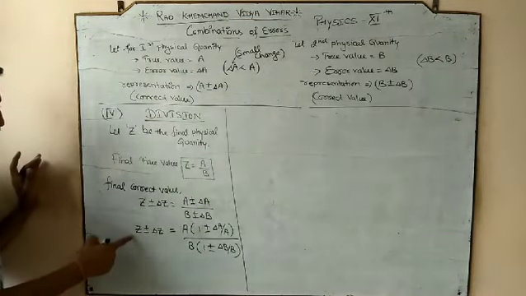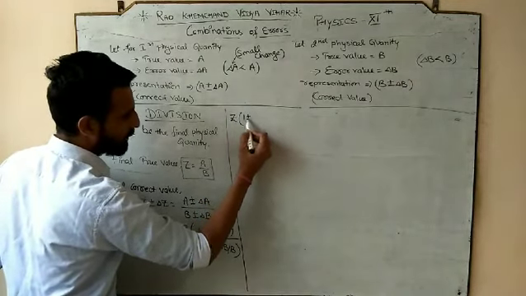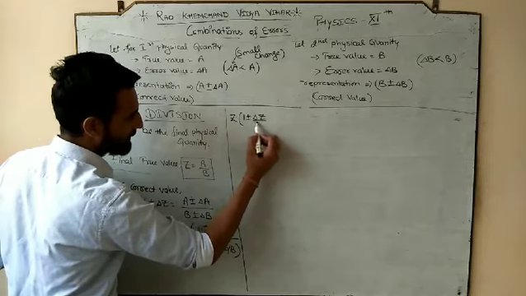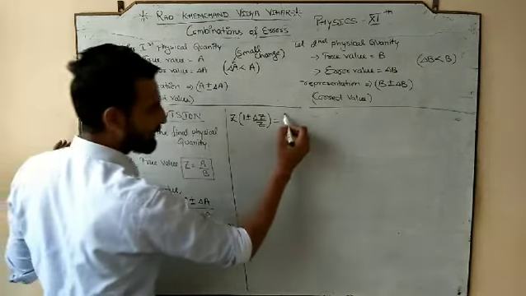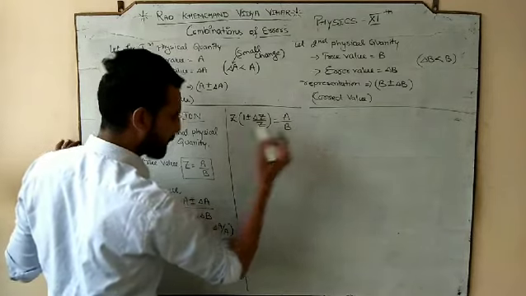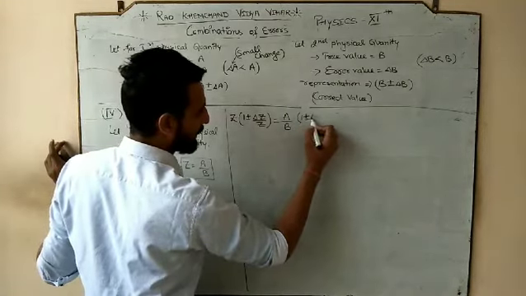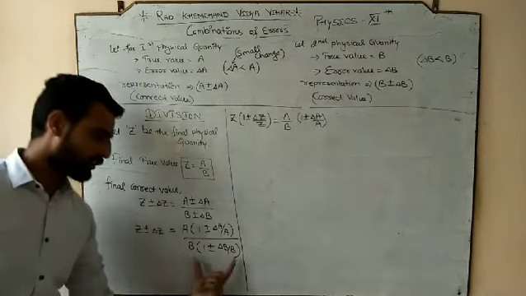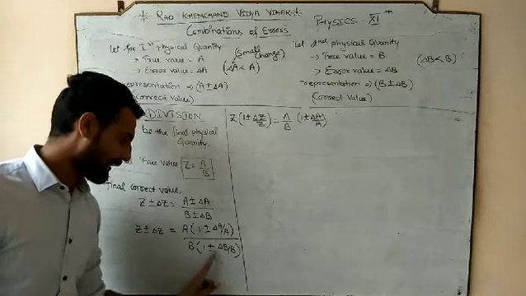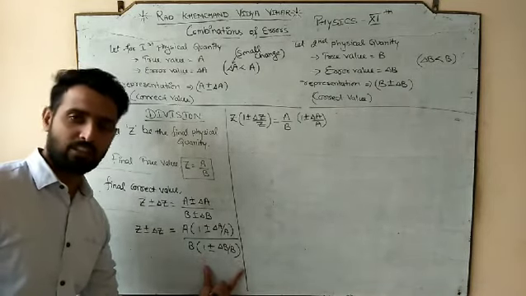So here again, take the Z common from the left hand side. So it would be Z, 1 plus minus delta Z by Z, is equal to, what is left here? A divided by B. On the upper side, 1 plus minus delta A by A. And what is on the denominator? 1 plus minus delta B by B. So this is the whole term which is in the denominator.